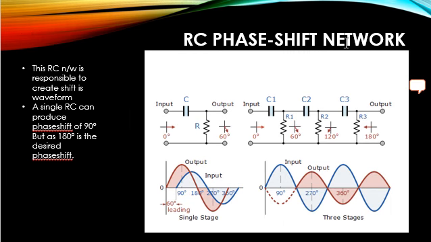Next is the RC phase shift network. This is the internal circuit, the ladder network, which we discussed previously. This network comprises the RC components used over here. By changing the value of the capacitor and the resistance, we can create a lead network or lag network. We are going to apply 0 degree over here to give us an output of 60 degree.